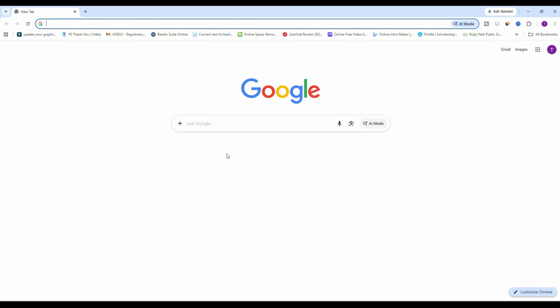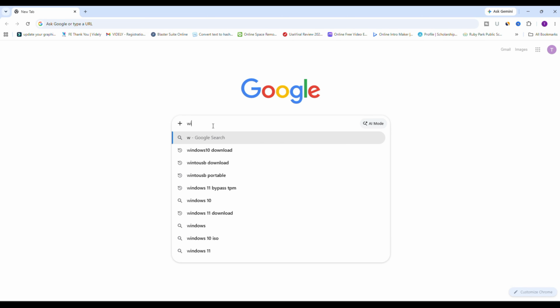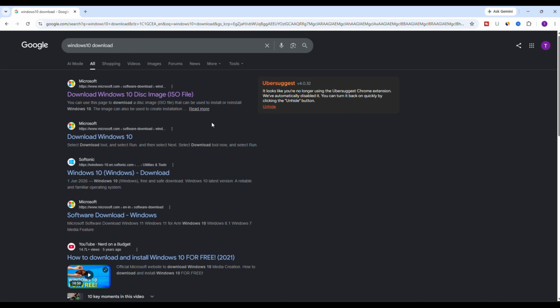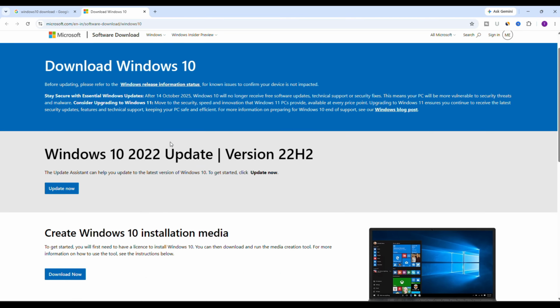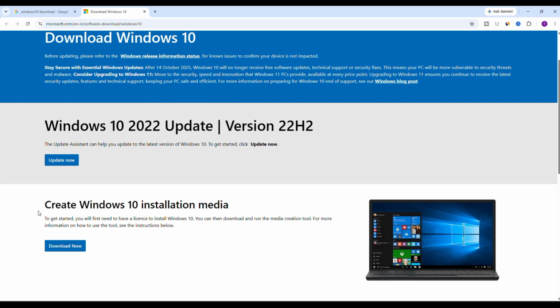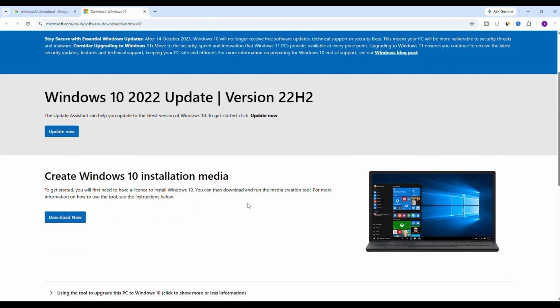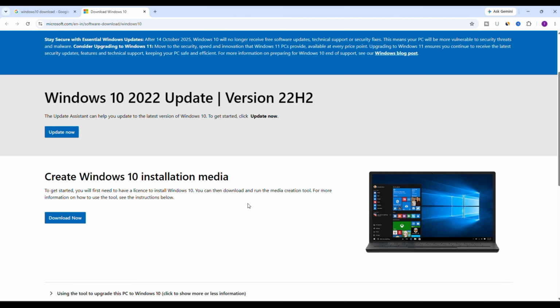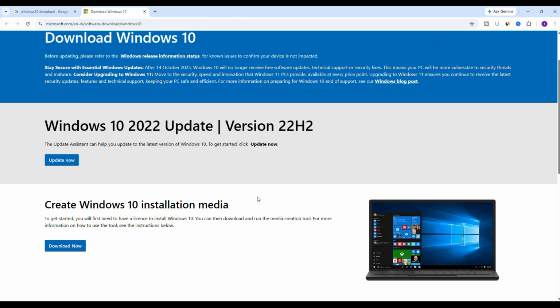For that, first open your favorite web browser and search for Windows 10 download. From the search result, open the official Microsoft Windows 10 download page. Once the page loads, you will notice that Microsoft only provides the media creation tool for Windows users. There is no direct ISO download option. But don't worry, we will use a simple trick to make the official website display the direct Windows 10 ISO